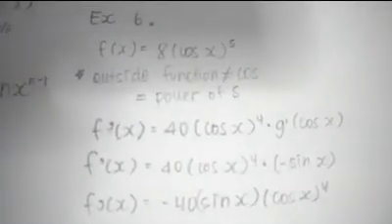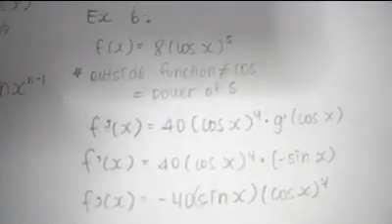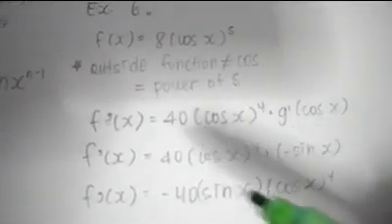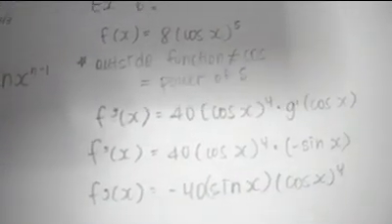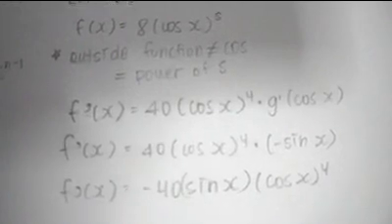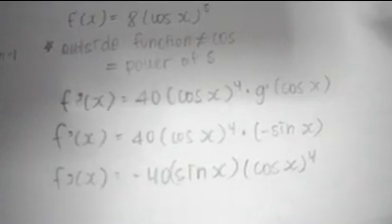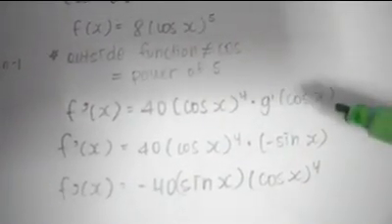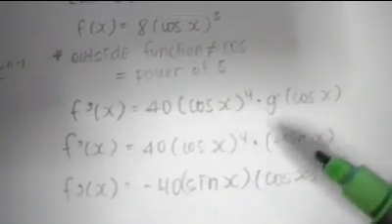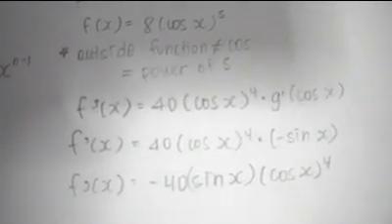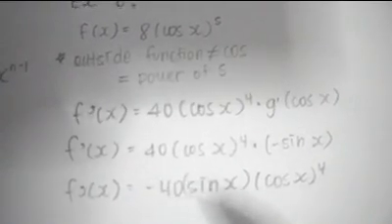The next problem we have is 8 times cosine of x to the power of 5. First find the derivative of the outside function, which is the power of 5, and we get 40 cosine x to the power of 4. We multiplied 8 times 5 and subtracted 1 from 5. Now we find the derivative of the inside function, which is cosine x, and the derivative of cosine is just negative sine. Now we multiply these two derivatives together and we get negative 40 sine x times cosine of